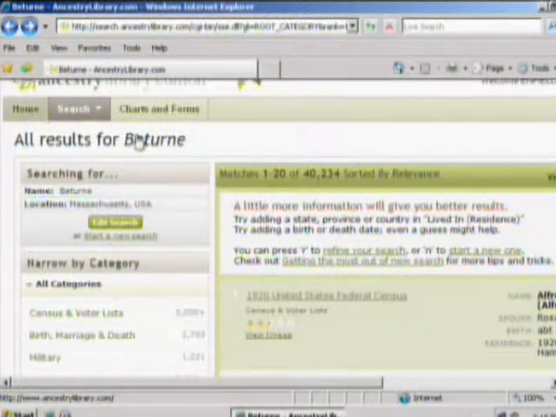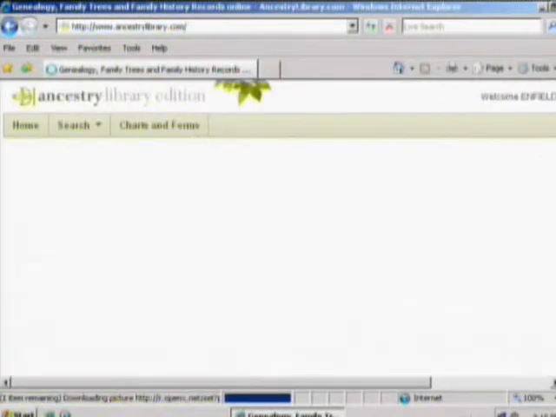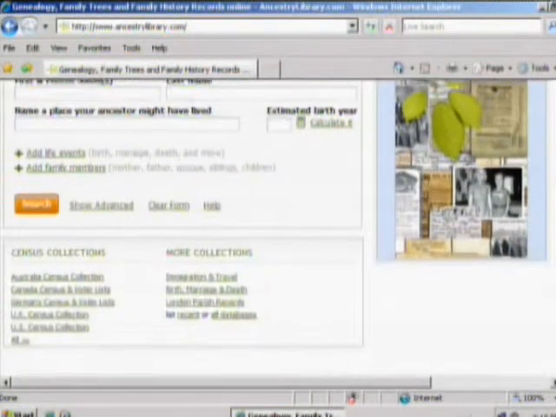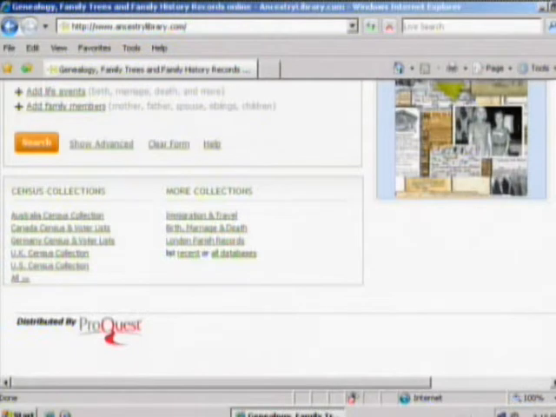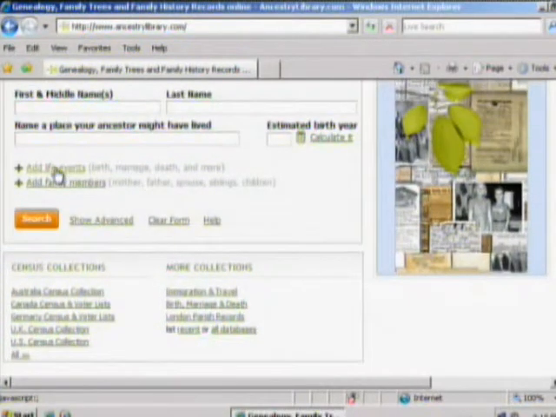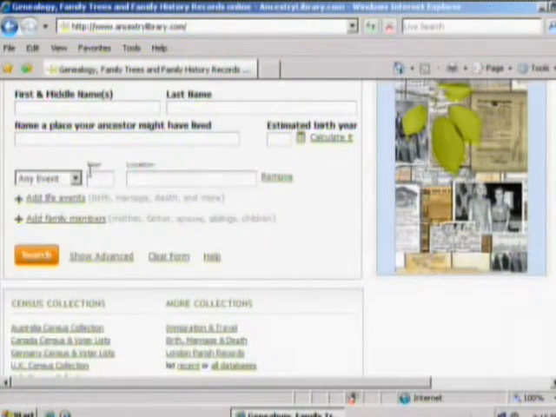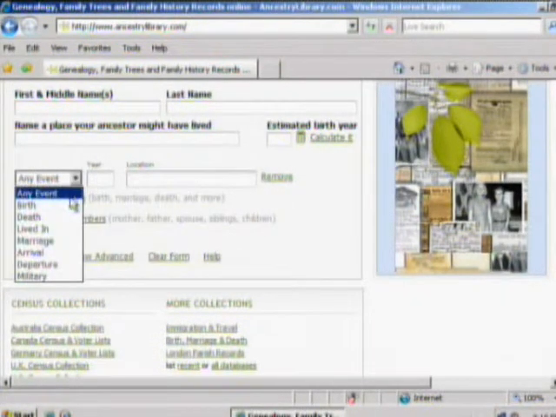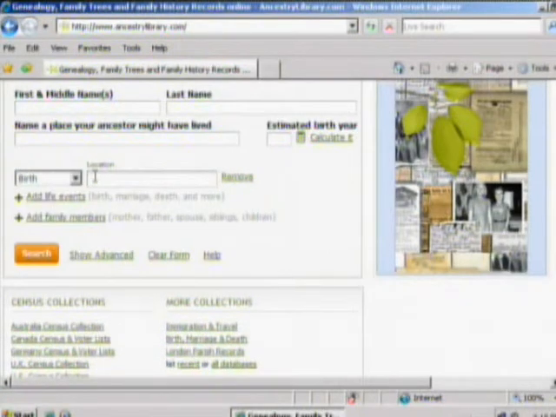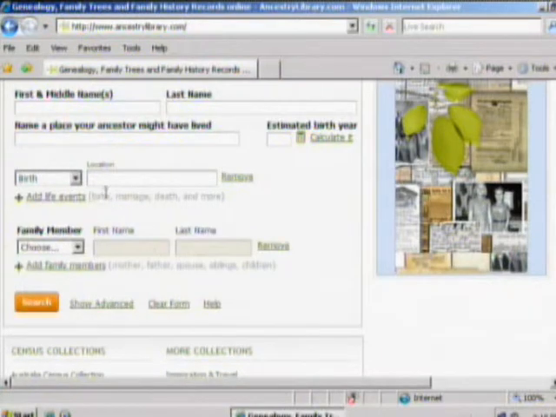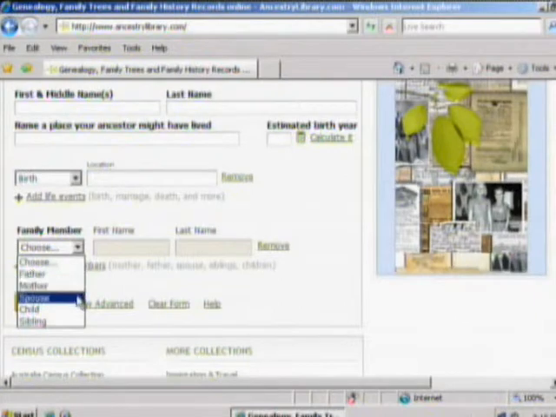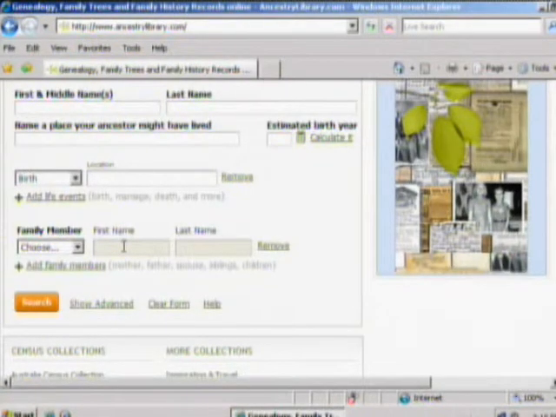So again, I want to go back to the home page and show you quickly the level of access that's available in this database. Down under our search box, there are opportunities to search on a person's name, but also adding a life event. So if in any instance you knew that they were born in a certain year or a certain place, you could enter that location here. If you happen to know of somebody's name, a wife's name or a husband's name, a child's name, you can enter that here.